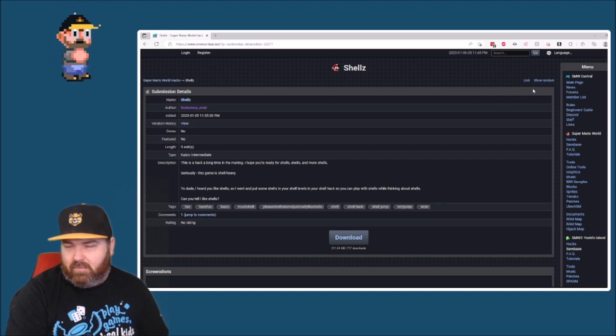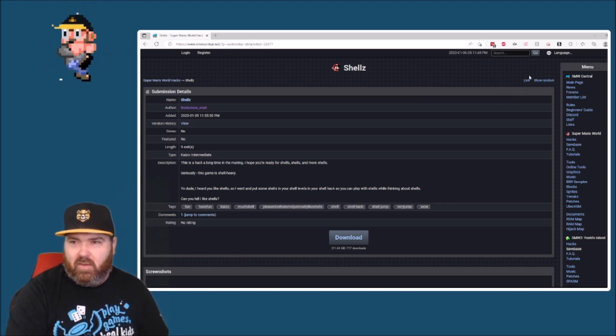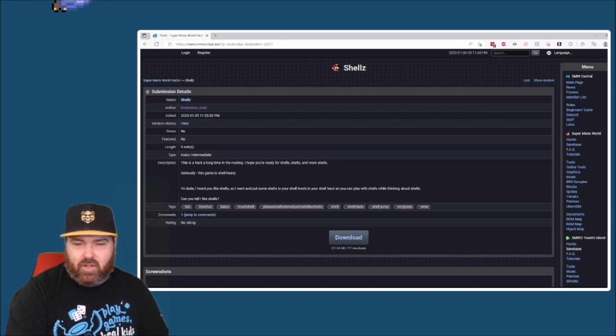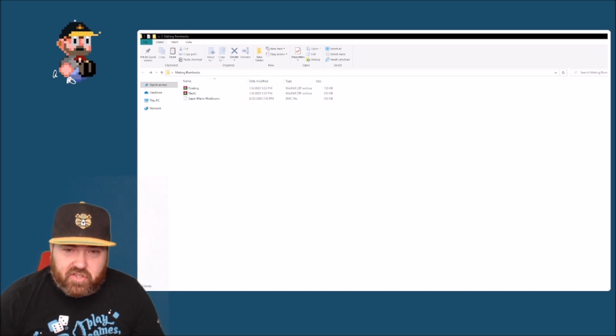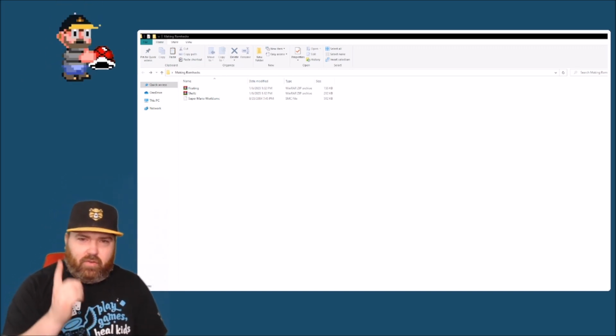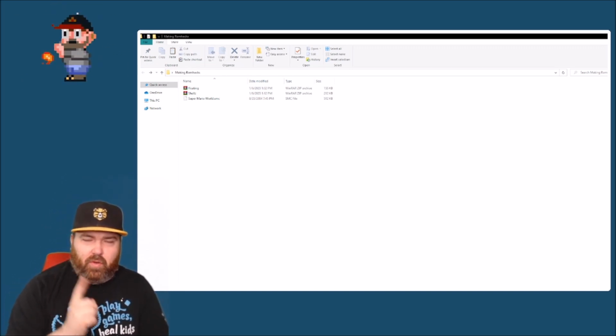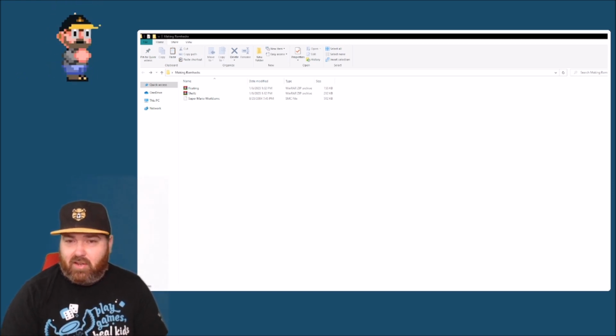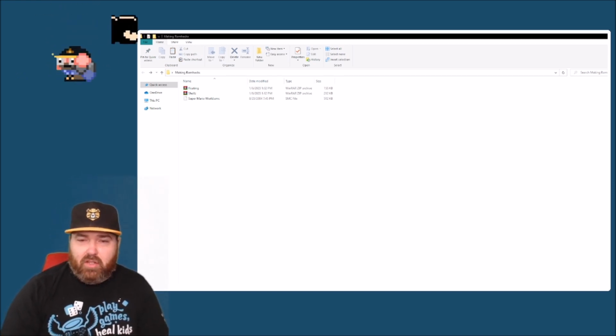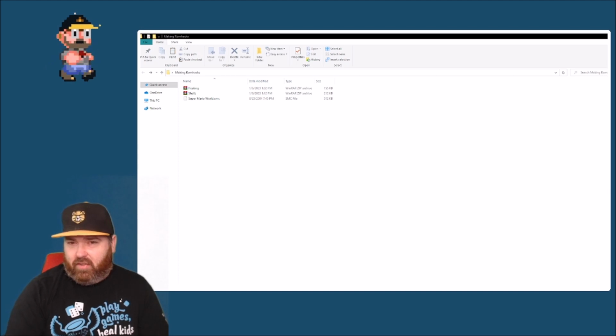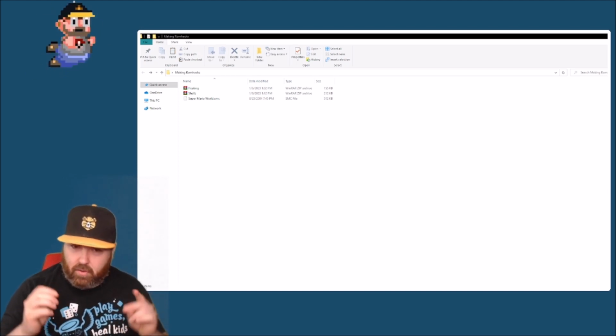I have a base ROM. I own Super Mario World, so I have a base ROM for Super Mario World. I'm going to show you how to patch those files together and make a custom game. Okay, so we have our 3 files here. We've got our floating IPS, we've got our patch there, Shells, and we've got our Super Mario World base ROM. So the first thing you got to do, obviously, is extract the files from the 2 things you downloaded from SMW Central. So let's do that right now.